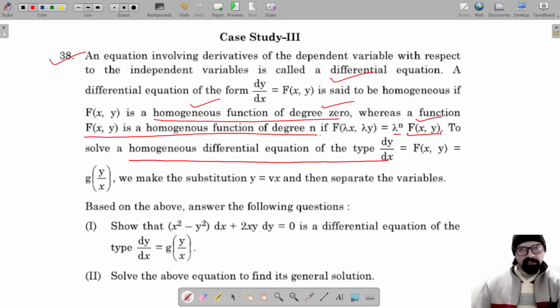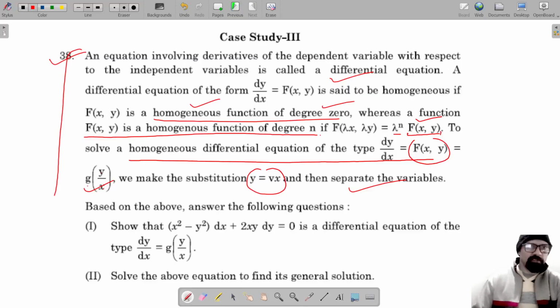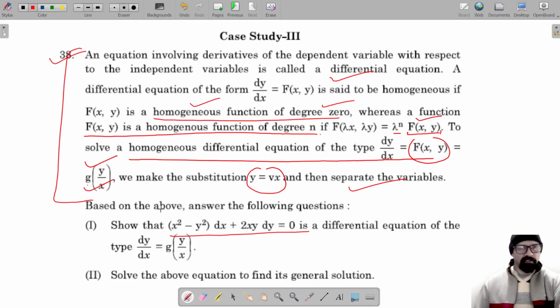किसी होमोजीनियस डिफरेंशियल इक्वेशन को सॉल्व करने के लिए उसे हम लाएंगे dy/dx = f(x, y) की फॉर्म में। अब f(x, y) जो कि दो वेरिएबल्स का फंक्शन है, इसे हम चेंज कर देंगे एक और फंक्शन g में, जहाँ वेरिएबल्स y/x की फॉर्म में होंगे। तो यहाँ सब्स्टिट्यूशन y = vx करेंगे और वेरिएबल्स को सेपरेट करेंगे। अब ये जो इंफॉर्मेशन हमें दे रखी है इसके बेस पे हमें शो करना है, इस डिफरेंशियल इक्वेशन को इस फंक्शन में कन्वर्ट करना है।